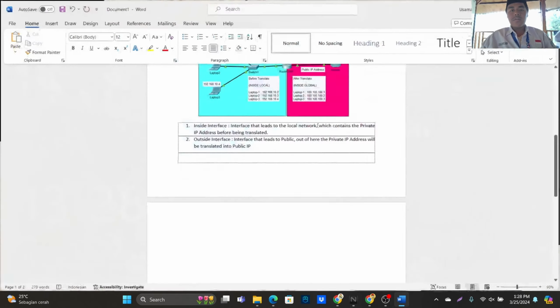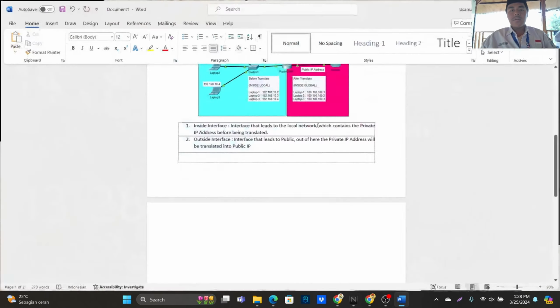The main function of NAT is to change the private IP on a LAN into a public IP, so that the LAN can access the internet.